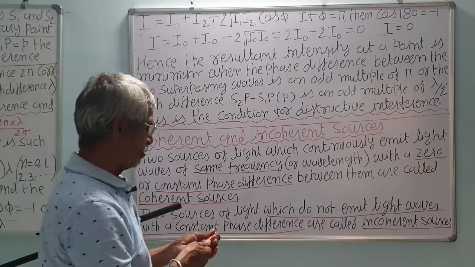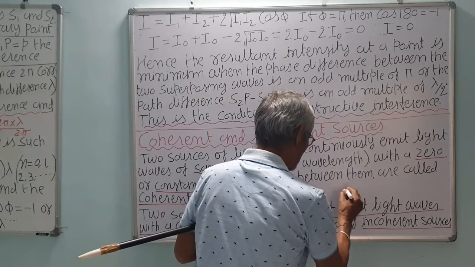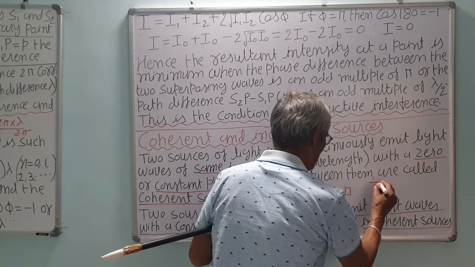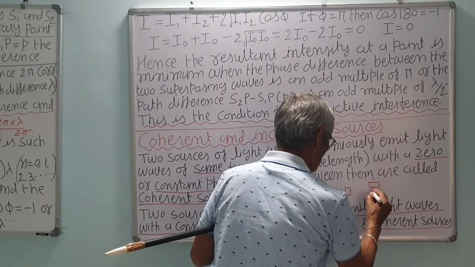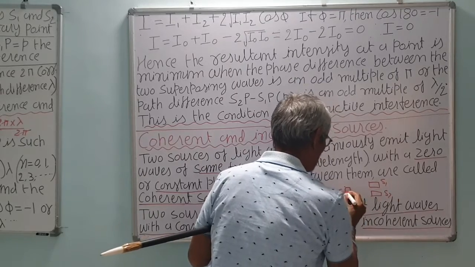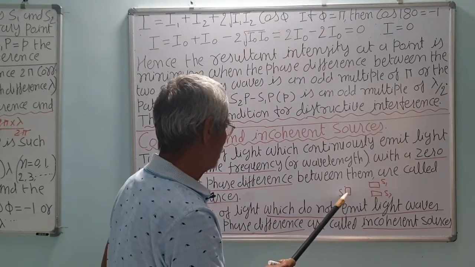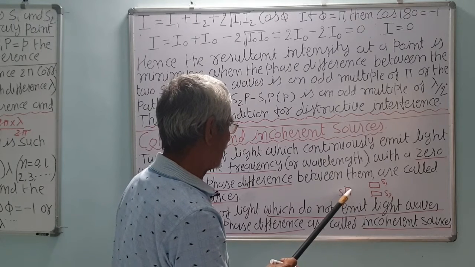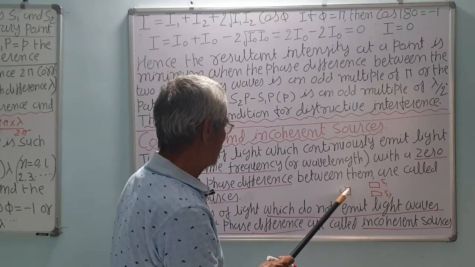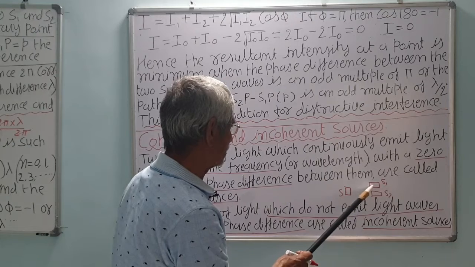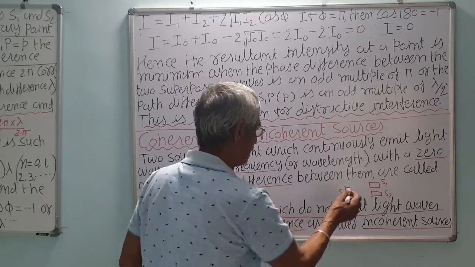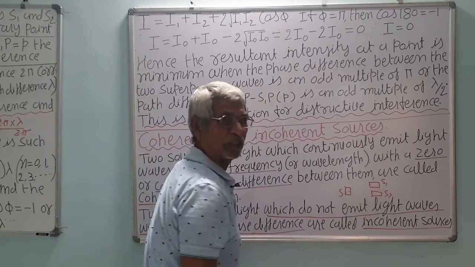In Young's double slit experiment, Young obtained the two sources S1 and S2 from the one same source S. This is a sodium lamp, which emits yellow light of wavelength about 6000 Angstrom units or 600 nanometers. They will be in phase. These are at the same distance, so there will be either constant phase or zero. So these distances S1S and S2S are the same.